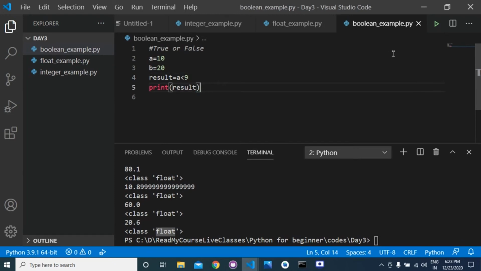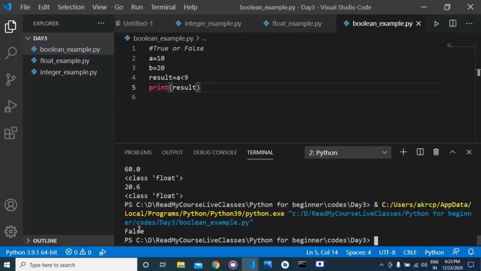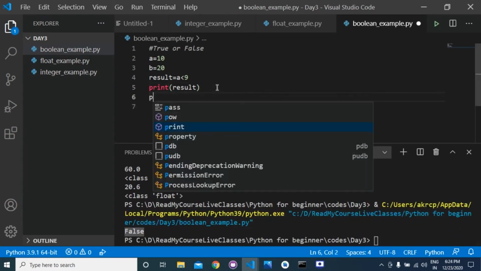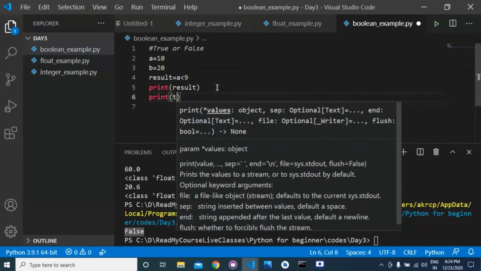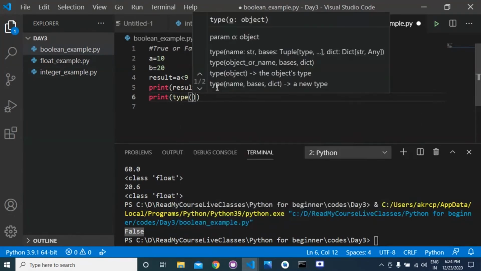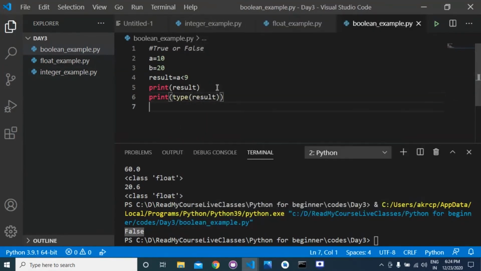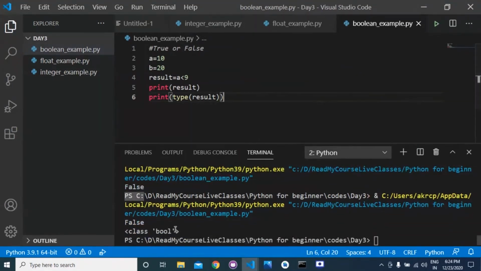Then print result. It will give you what? False. And if you print type of result, then you will get what? Boolean. It is giving you bool. Is this clear, everyone?